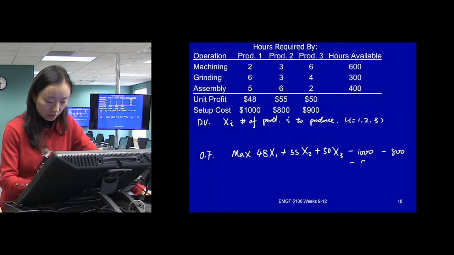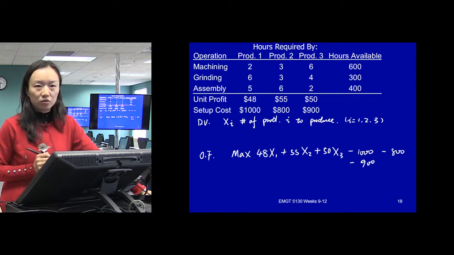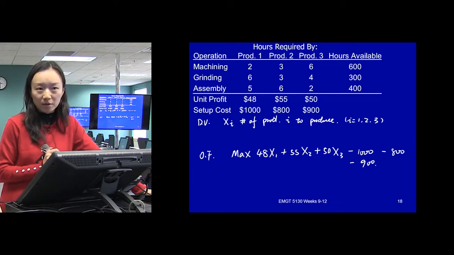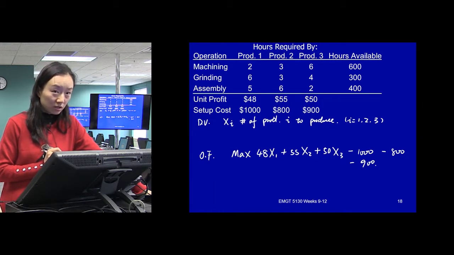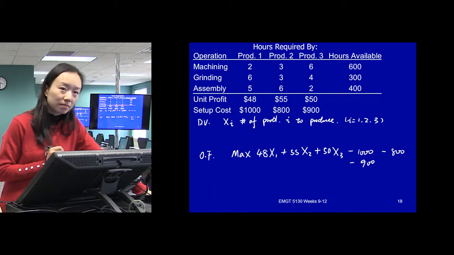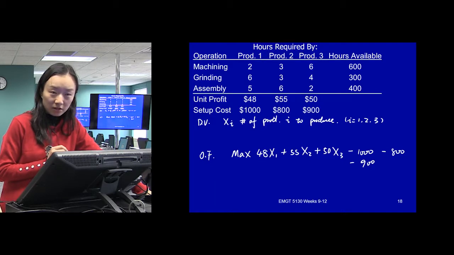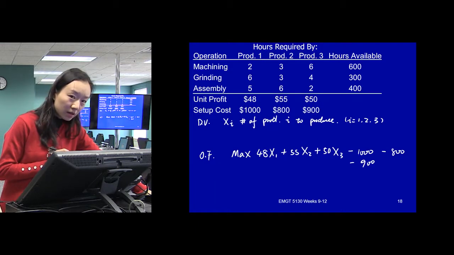We can't just do this, because we don't know whether they will all happen, or one of them will happen, or 2 of them will happen. We can only include a decision variable to turn them on or off. So how do we do that? What did we do in the previous problem? A binary variable, right?